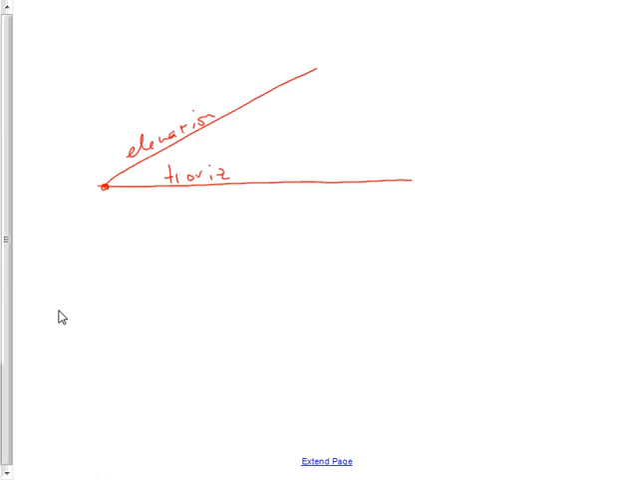Okay, so today we're talking about word problems related to trig, and this worksheet's called 4.8, worksheet number 1, and